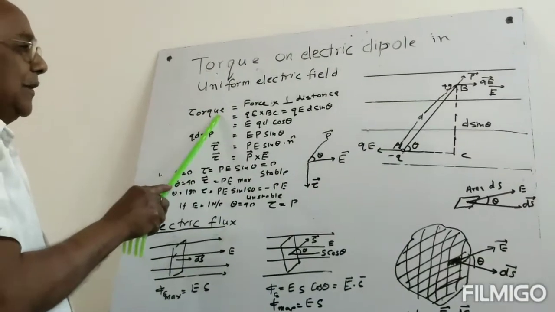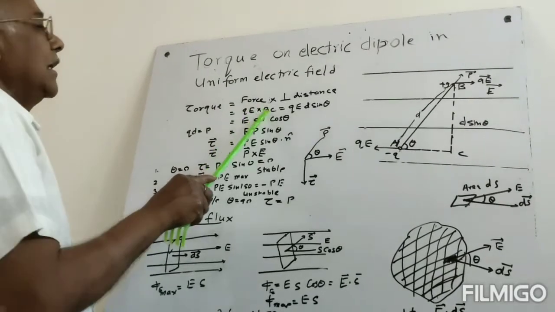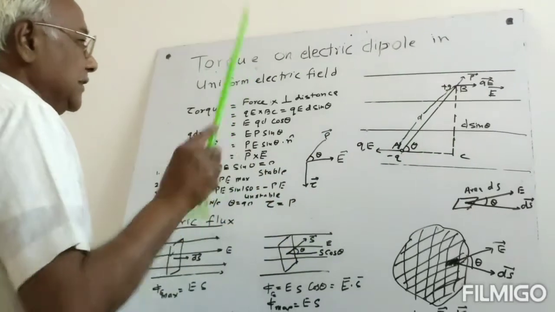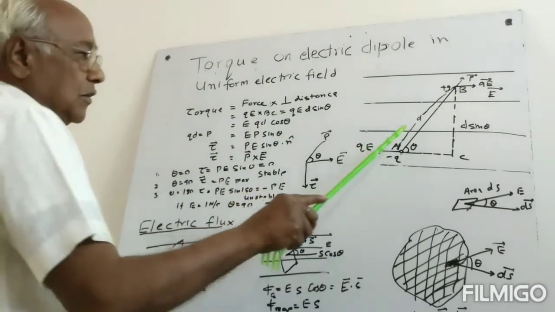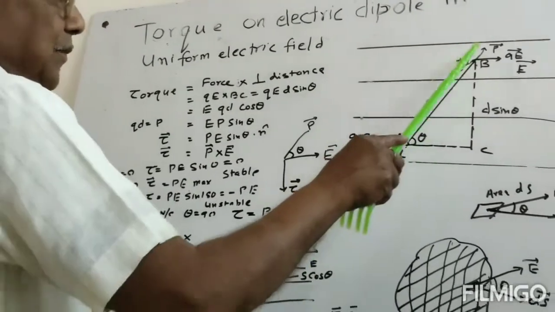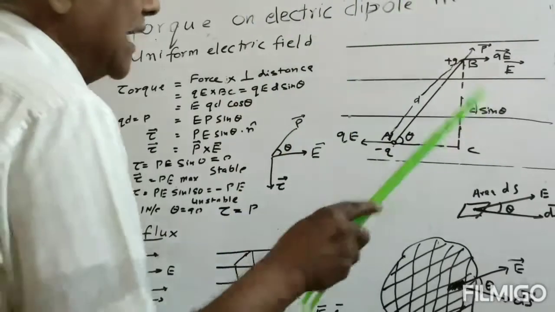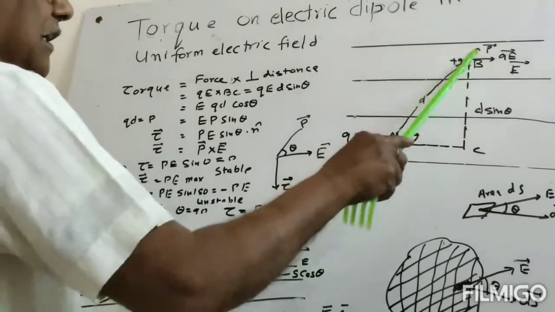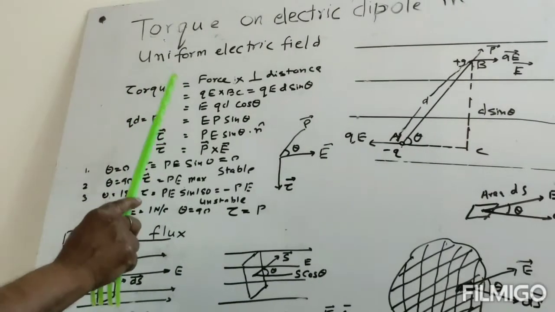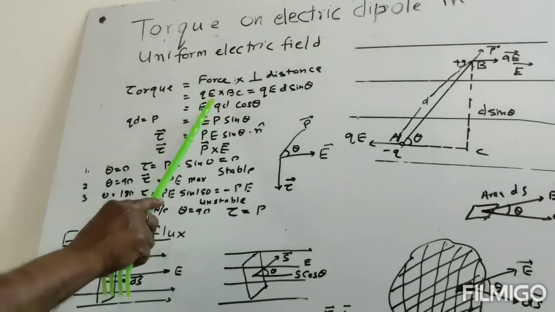So the torque will be equal to force, which is Q into E, multiplied by the perpendicular distance, which is equal to BC. Now BC from the triangle is equal to D cos theta, D sin theta, sorry. It is equal to D sin theta. Therefore, torque will be equal to Q into E D sin theta. Q into D